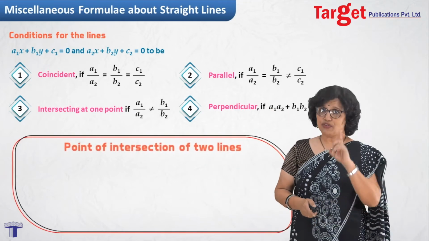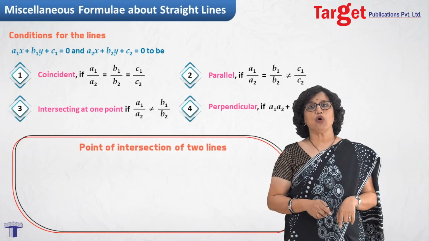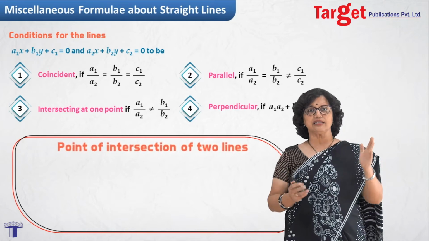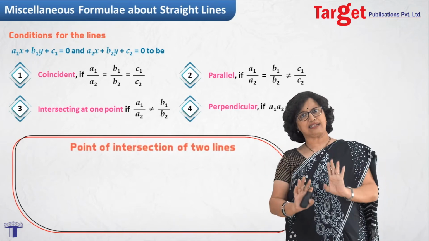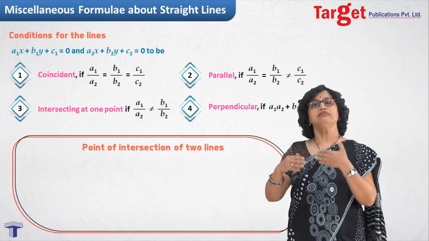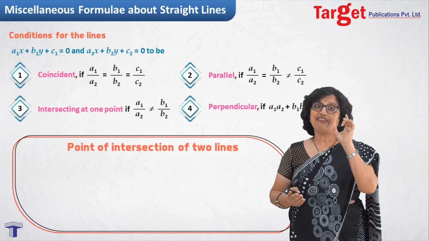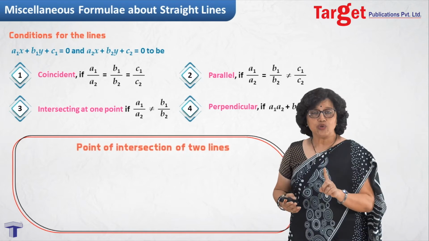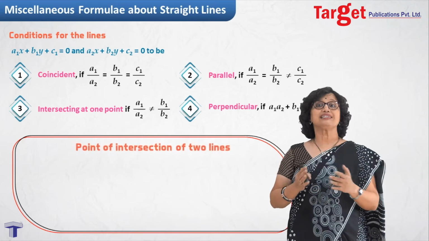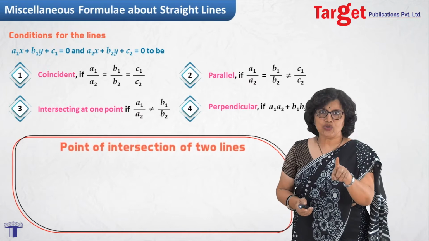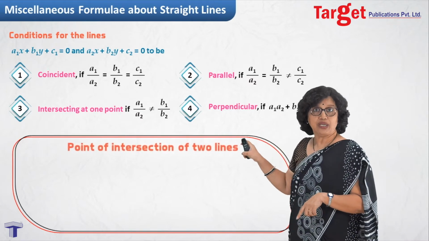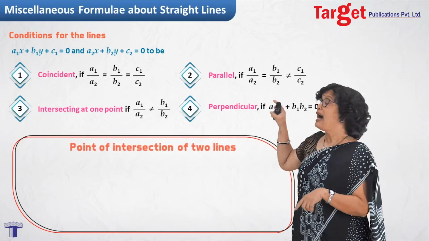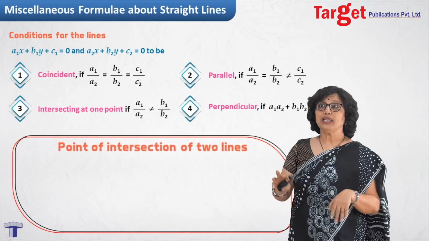And the last thing which I would like to take here is the point of intersection of two lines. Now, how do we find the point of intersection? Actually, like in your previous classes, you have been solving two equations and you always get some solution. Maybe in some books, those who have learned properly, they will remember that two equations you have solved: unique solution, infinitely many solutions, no solution, such cases you have learned. When you talk about a unique solution, that is nothing but intersecting at one point. If you have seen infinitely many points, that is actually nothing but the coincident case. And the third one I said, do not meet at all. That is the parallel.